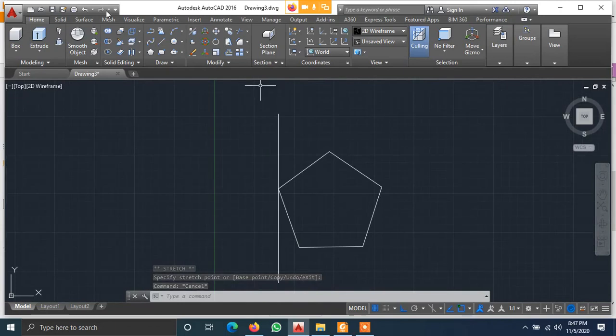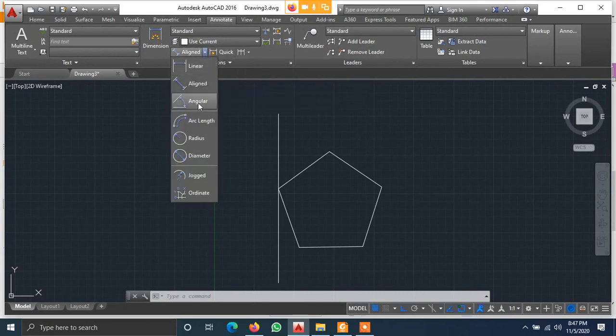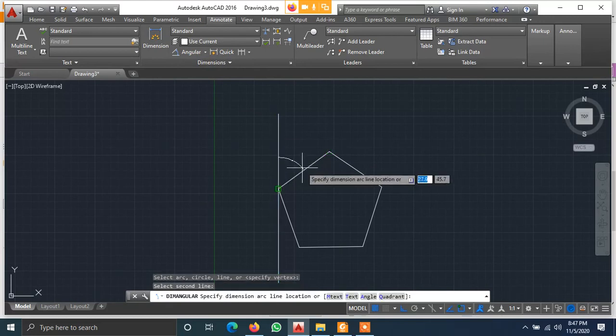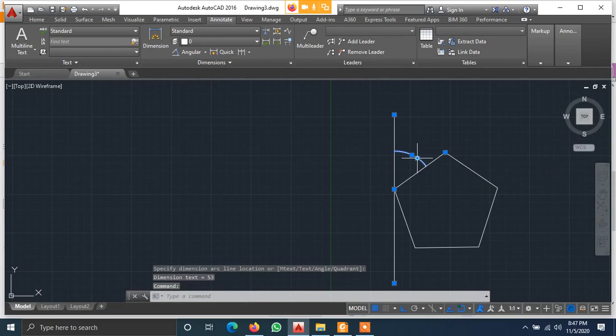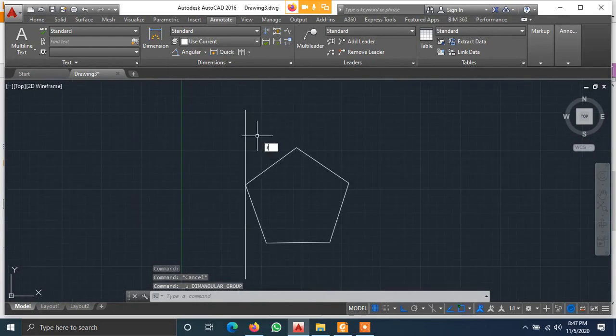Now let us measure the angle. If the angle is correct, we need not move it. Between this line and this line, what is the angle? It is 53, which is wrong. It should be 30 degrees.